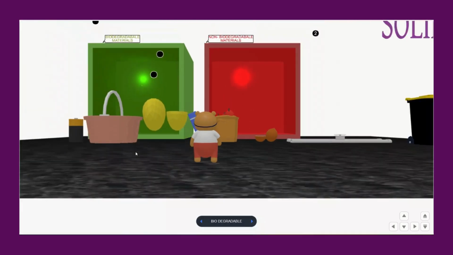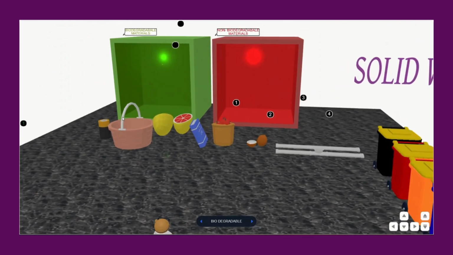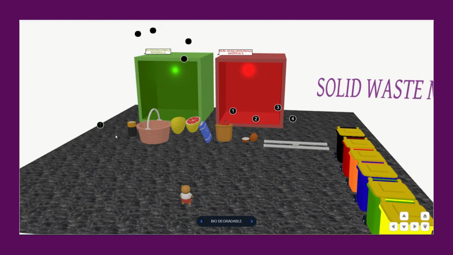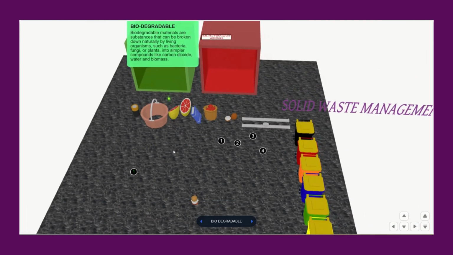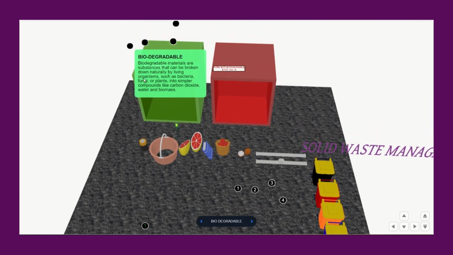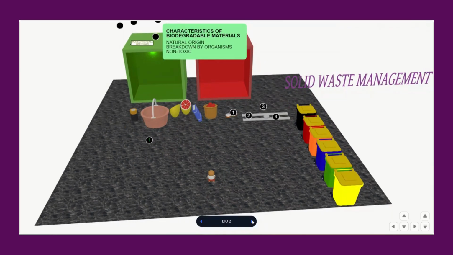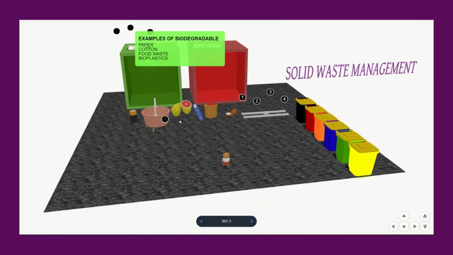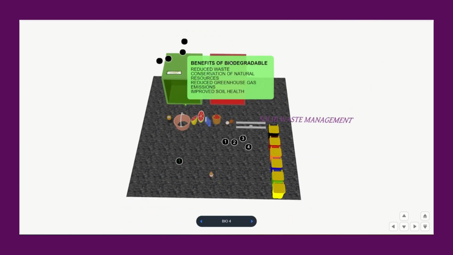Scene 3 is all about biodegradable and non-biodegradable materials. So let us click on this. What are biodegradable materials? They are the substances that can be broken down naturally by living organisms such as bacteria, fungi, or plants into simpler compounds like carbon dioxide, water, and biomass. What are the characteristics of biodegradable materials? They are of natural origin, they can be broken down by organisms, and they are non-toxic in nature. Examples of biodegradable: paper, cotton, food waste, and bioplastics. Benefits of biodegradable: reduced waste, conservation of natural resources, reduced greenhouse gas emissions, and they also improve